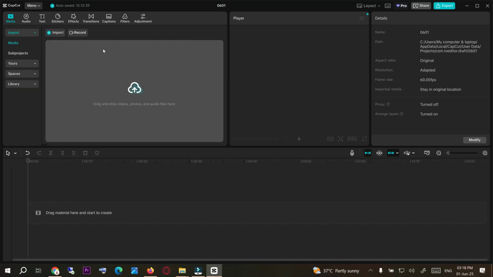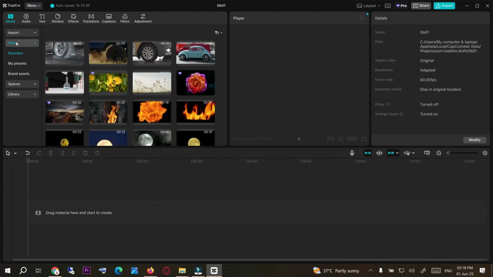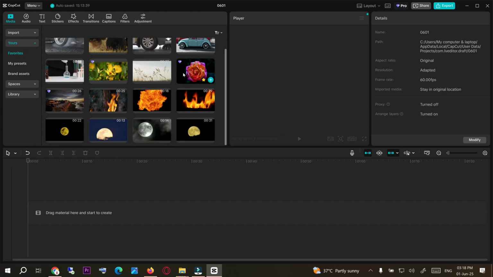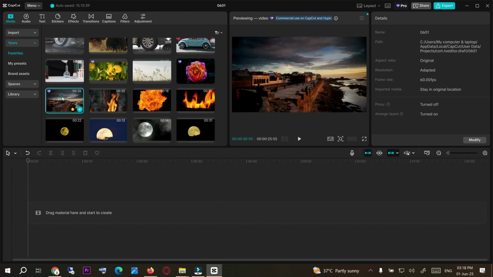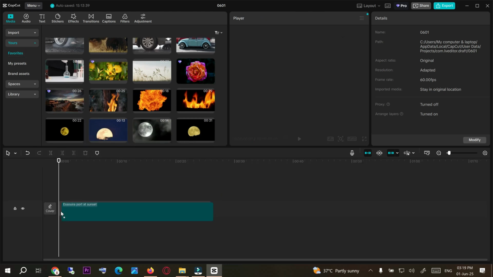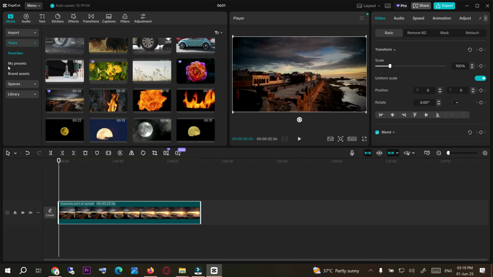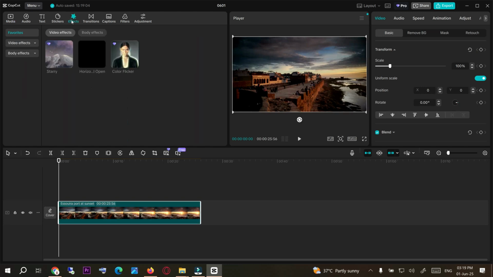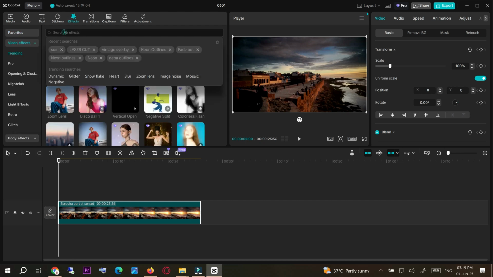First you need to select the video on which you apply the sunrays effect. For example, I'm going to the media and to my some of favorites, and I'm selecting this clip as an example, and after that you need to click on the effects on the top menu bar and click on the video effects and type sun,